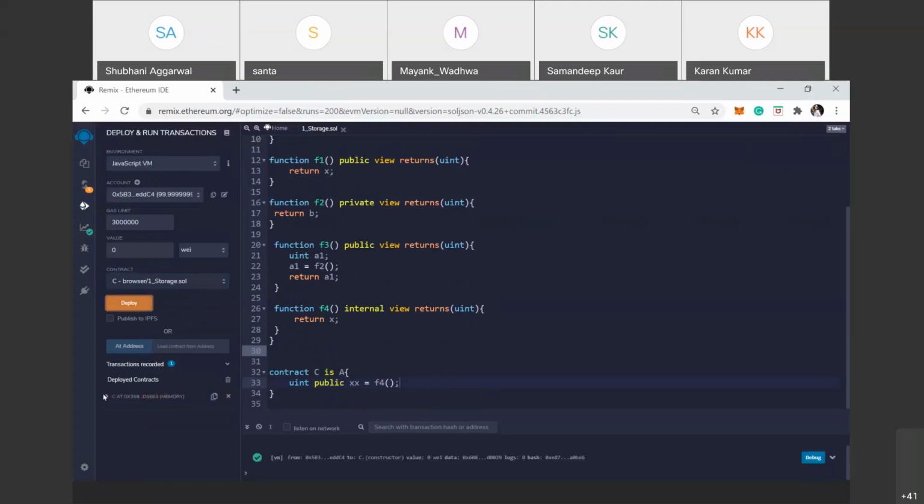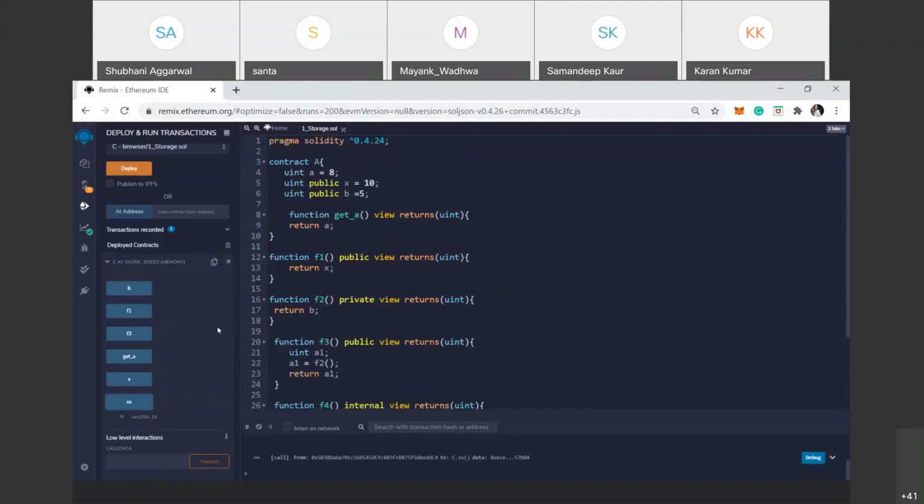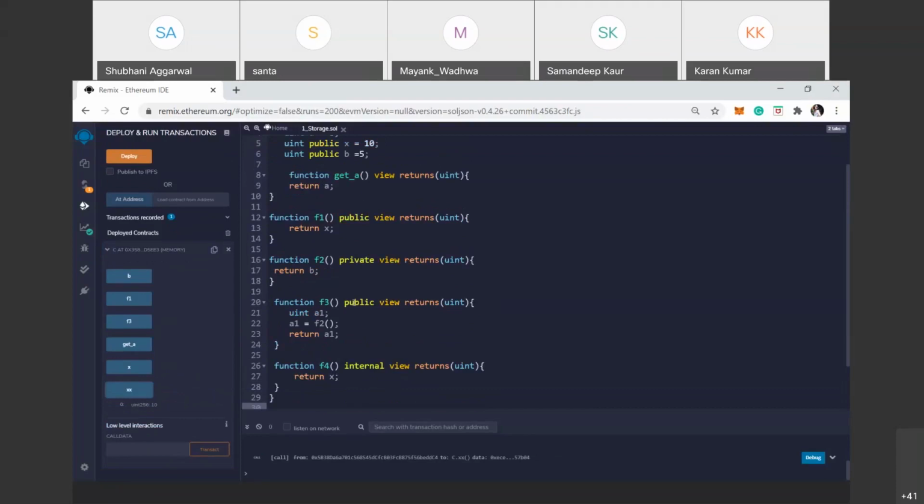Here you can see xx. If you click on xx, it retrieves the value from f4, which is x, and x is 10. So it shows the value 10. Clear?